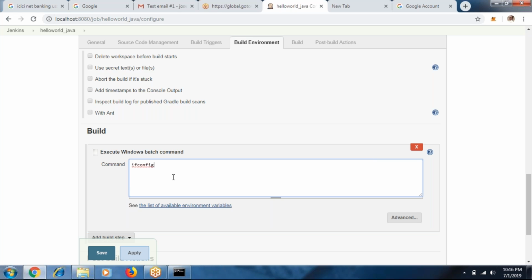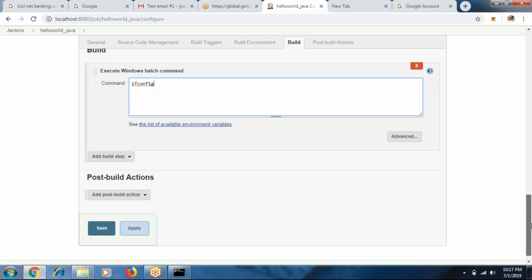If it is real time and anything fails in our process, it will send an email notification. I want an email notification with the build logs, whatever logs it is printing, sent along with the email notification. For that I'm intentionally doing the wrong thing here. Okay, come a little bit down.